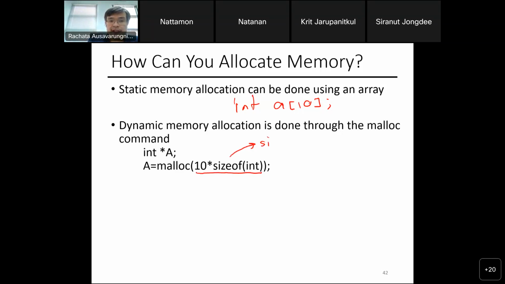This is a size in bytes into the malloc call, and in this case it's 10 multiplied by sizeof(int). It basically means that I want to create space for 10 integers, and return the beginning of that space to array A, so A will point to this location. And then you have the space for 10 integers.